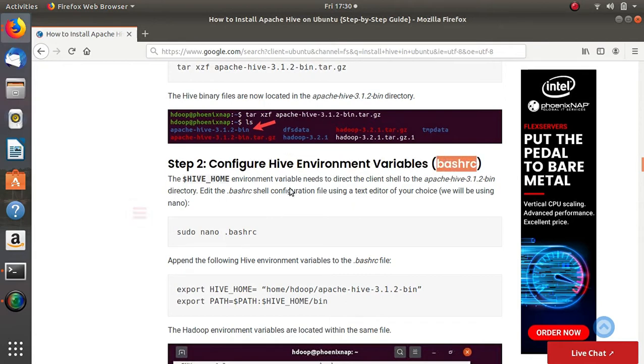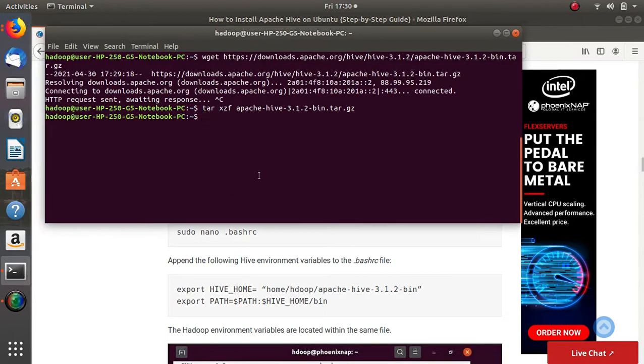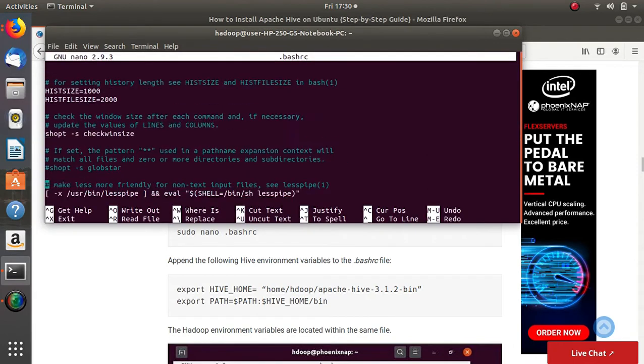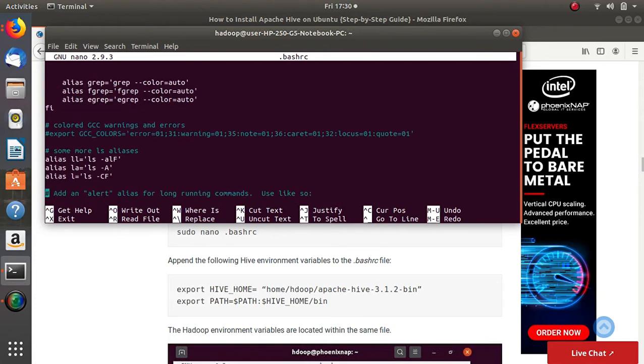After that, we need to configure the Hive environment variables using the bashrc. I'm editing the bashrc file using sudo nano and .bashrc, which is the name of the file. Nano is the editor here, and give the password for your user. This is the bashrc file which stores the environment variables.